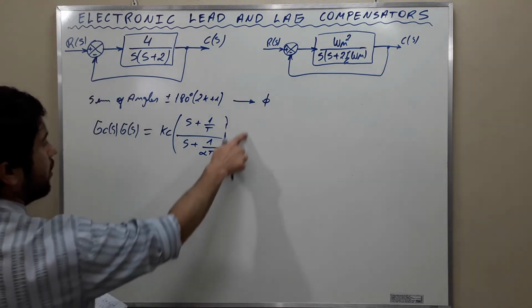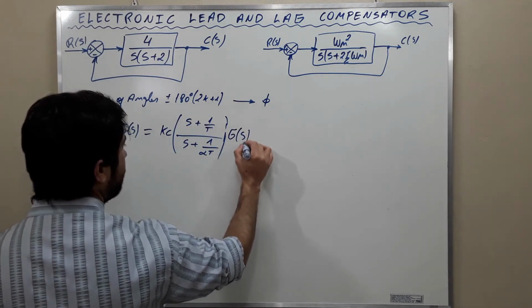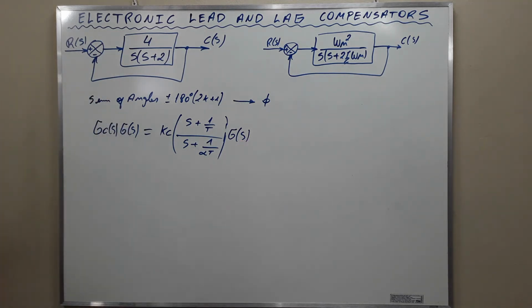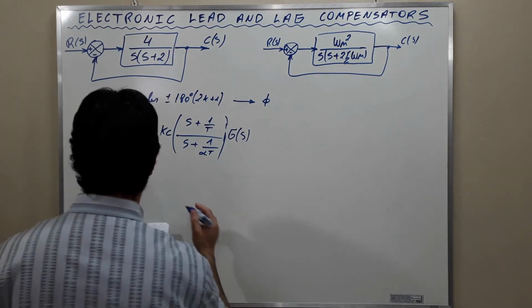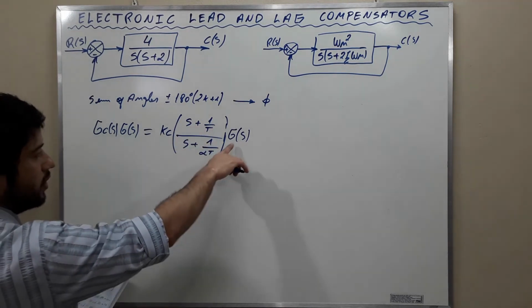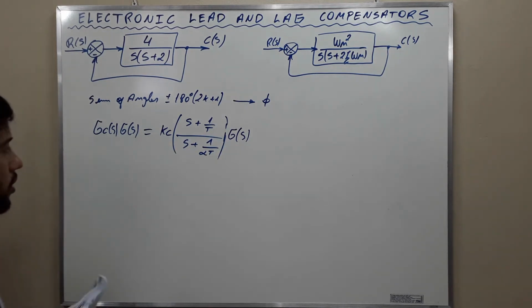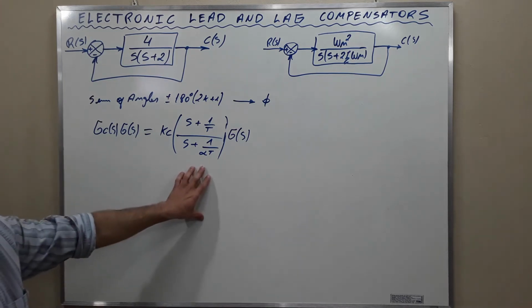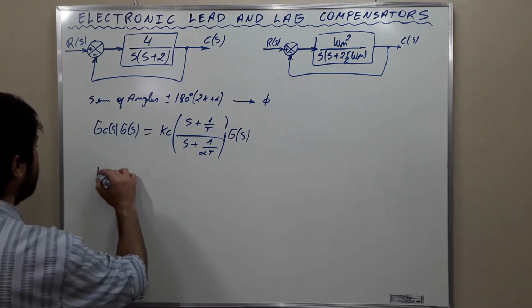And this is the transfer function of the compensator, and we are going to multiply it with the transfer function of the plant. All right? Therefore, we're going to get GC, the transfer function of the compensator, and this is the transfer function of the plant. Together, they are the open loop transfer function of the compensated system. This is not the closed loop transfer function. This is the open loop transfer function of the compensated system,